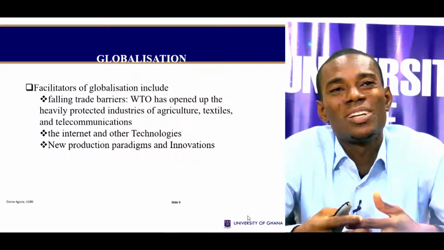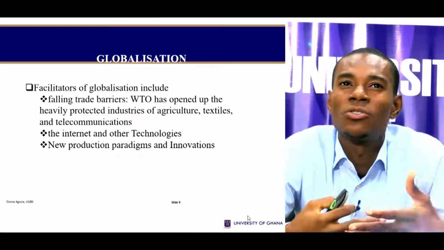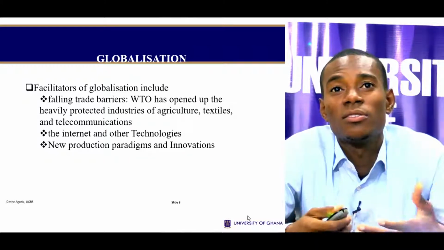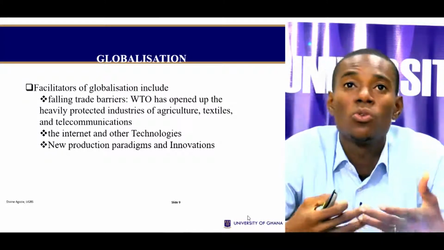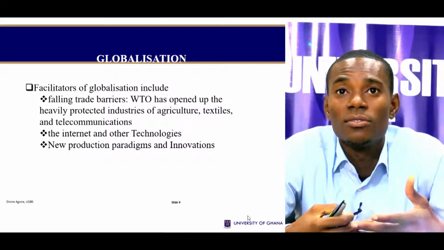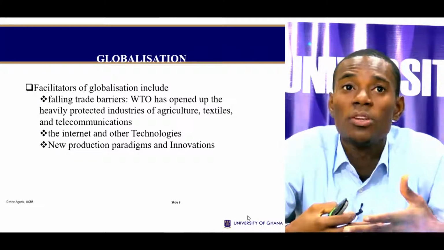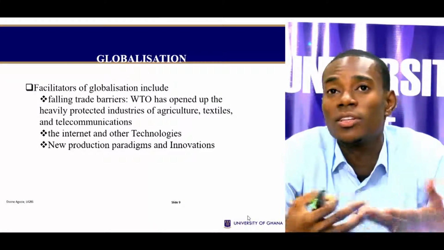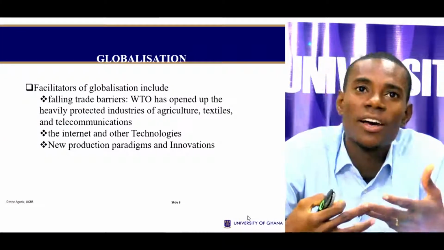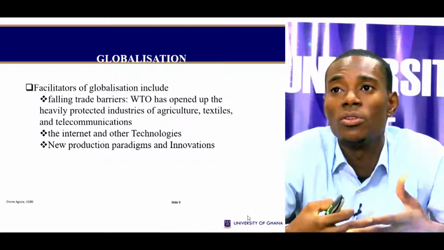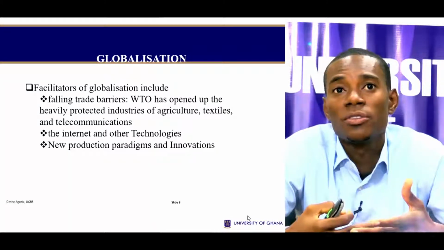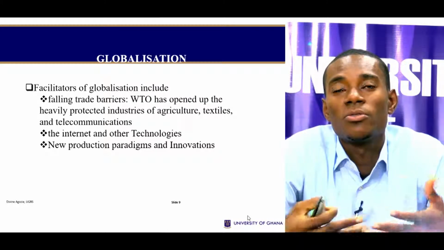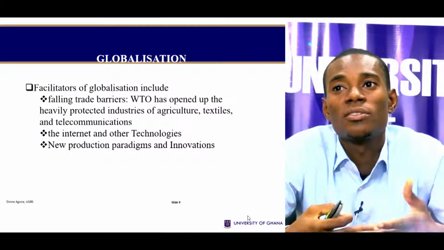And so what are some of the things that facilitate going global? You find that the most significant of these is the WTO, the World Trade Organization, doing awesome jobs in opening up heavily protected boundaries in certain industries, and so you can find investors going into all these areas. Previously it was difficult to enter certain markets, but you can find openings coming in.